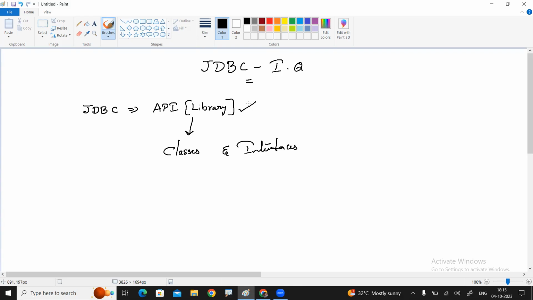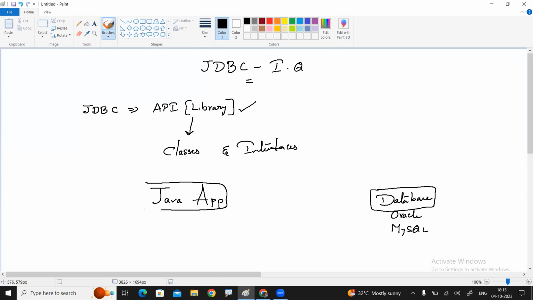It's very simple. The JDBC library allows the programmer to connect a Java application with the database, any database management system, maybe an Oracle database, MySQL database, to perform all data operations in the database.